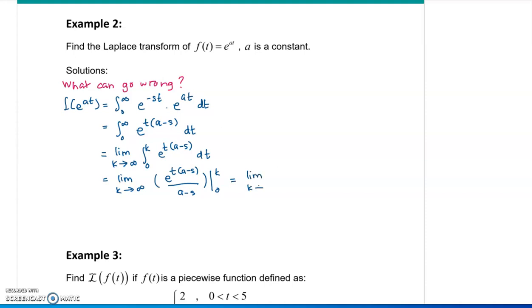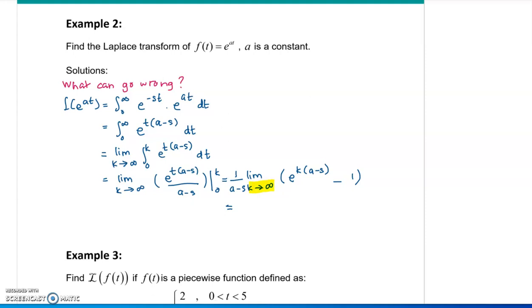Now look at this part. With the limit as k approaches infinity, I can put aside 1 over a minus s. In the bracket, we evaluate at t equals k, so we have e to the power k(a minus s), minus, when t is 0, e to the power 0, which is 1. So when it comes to this, look here, when k approaches infinity,